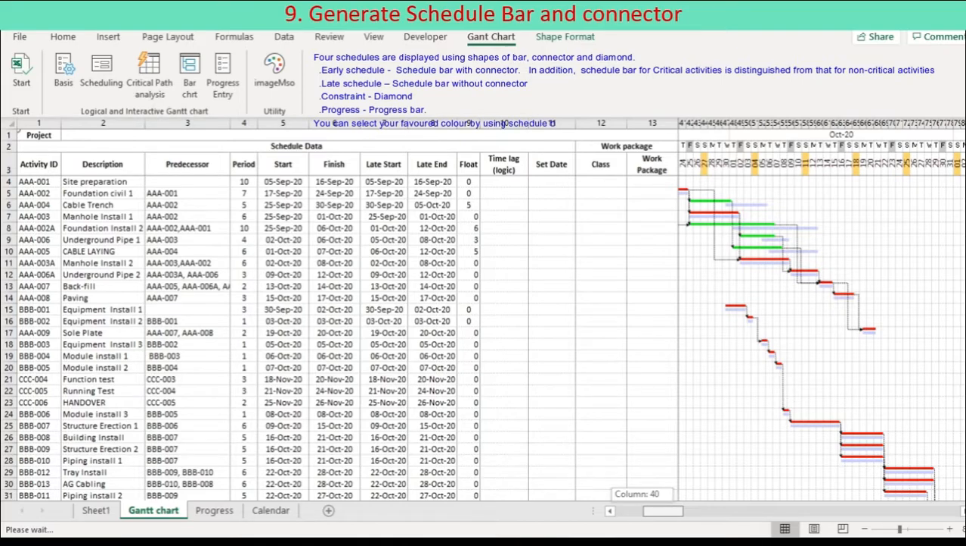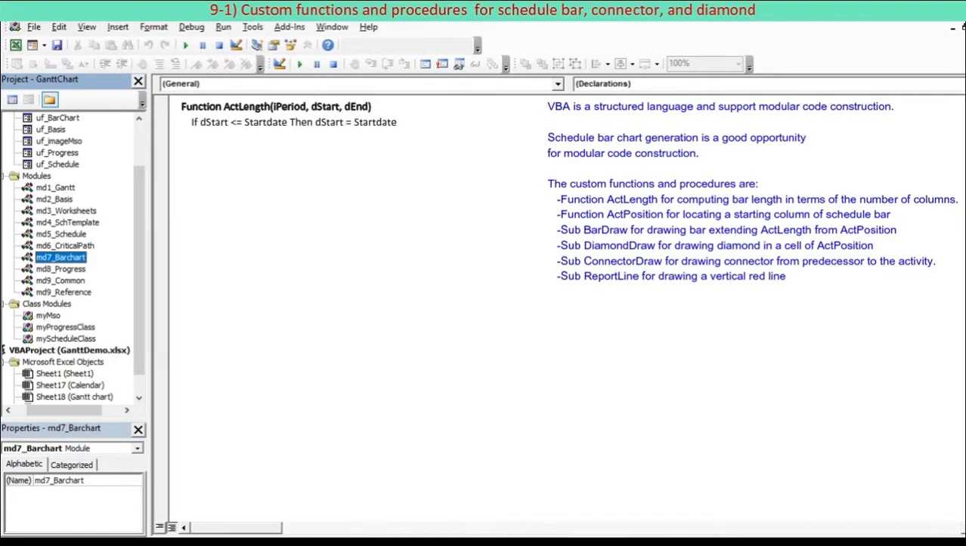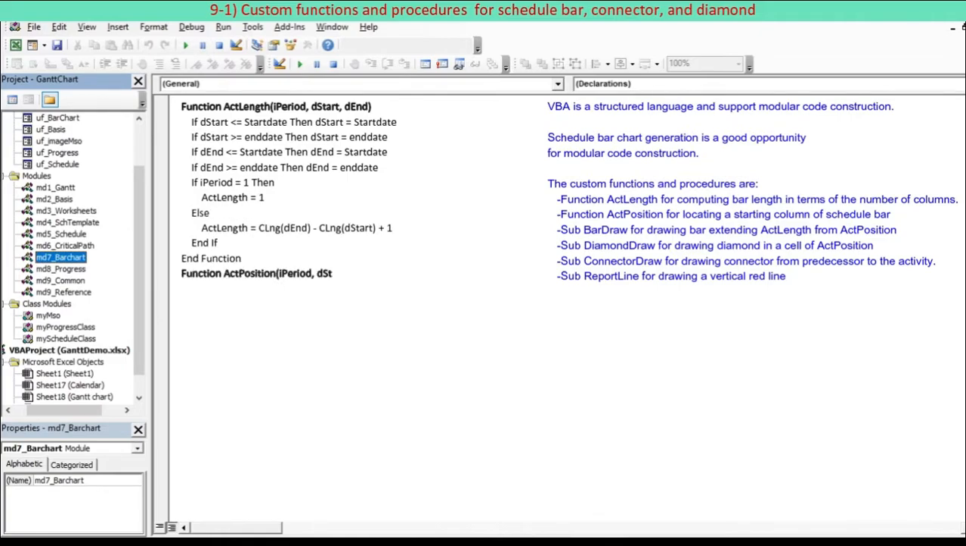You can select your favorite color by using schedule basis Userform. Schedule bar chart generation is a good opportunity for modular code construction. The custom functions and procedures which every activity may have to run are: function act length, computing bar length in